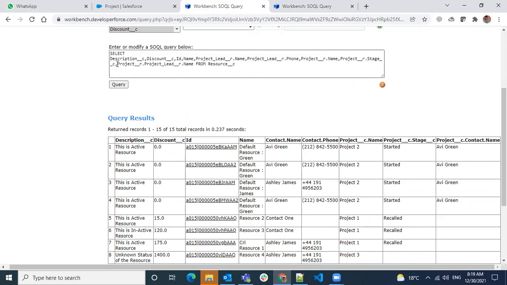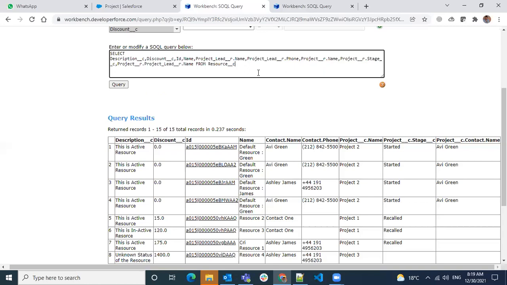Similarly, I can go up to 5 levels while writing a query from a child to parent. So I have one parent, and that parent has one more parent, and that parent has one more. Like that, I can go 5 levels while using a child to parent query. Are we good here? Hello. Yeah. Okay.